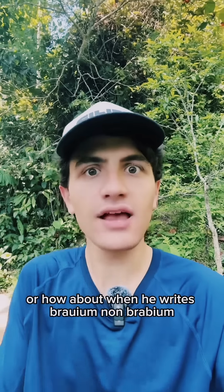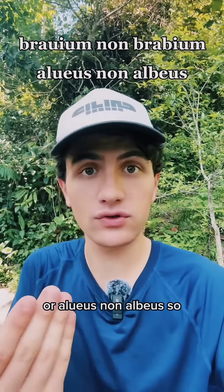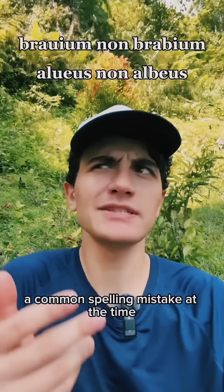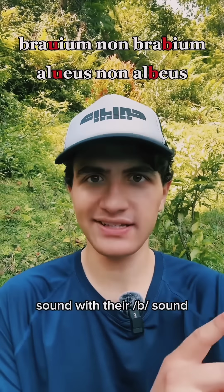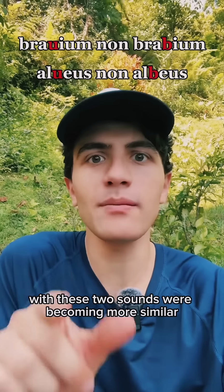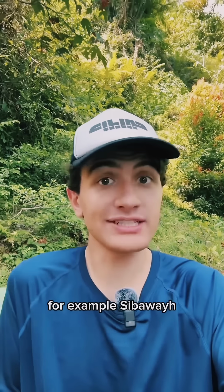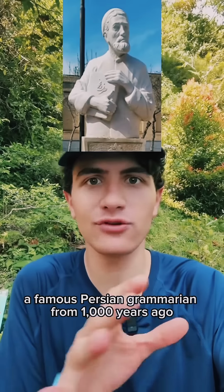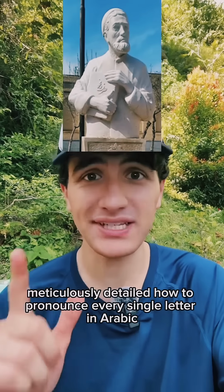Or how about when he writes "bravium, non brabium", or "alveus, non albeus". So a common spelling mistake at the time was that people were confusing their w sound with their b sound, which seems to imply that Latin was going through a sound change where these two sounds were becoming more similar. And sometimes historical grammarians are even more useful. For example, Sibawayh, a famous Persian grammarian from 1,000 years ago, meticulously detailed how to pronounce every single letter in